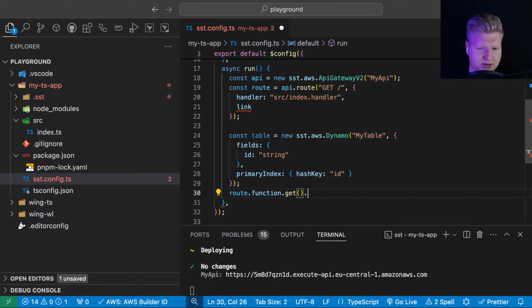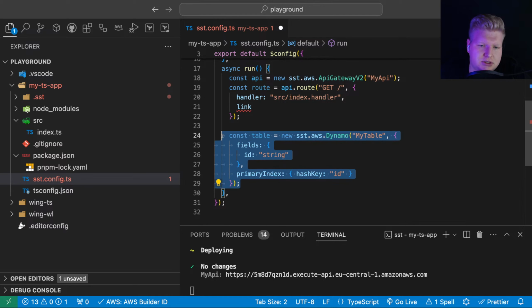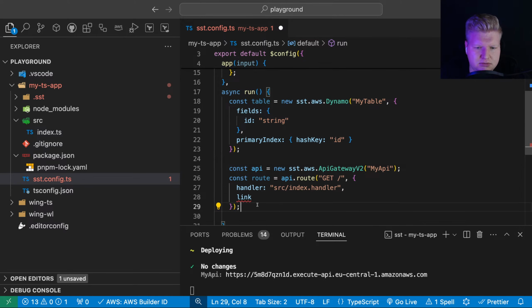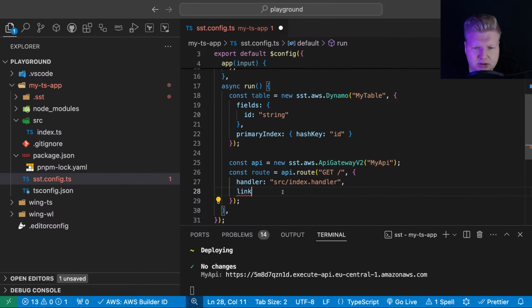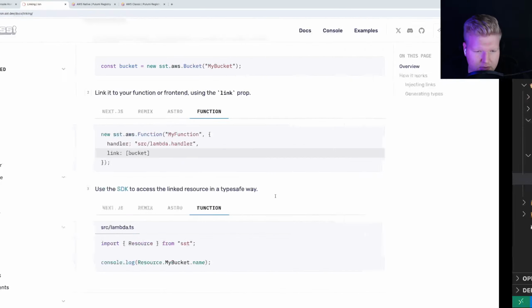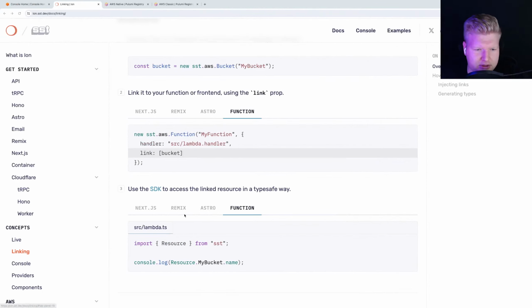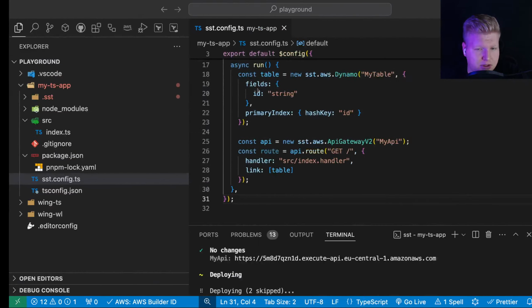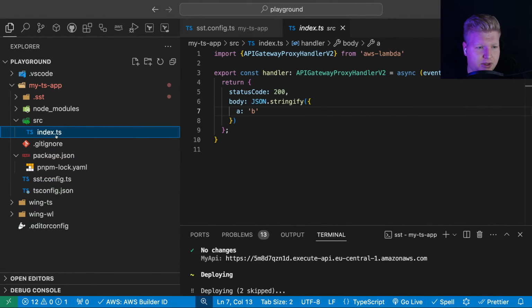Get SST link. What is this? Internal. Okay, this is whatever. So we can just change the order of this and do it like table. That's going to deploy it for us, and the next part is like this. That sounds good.